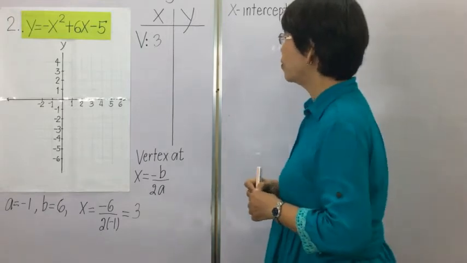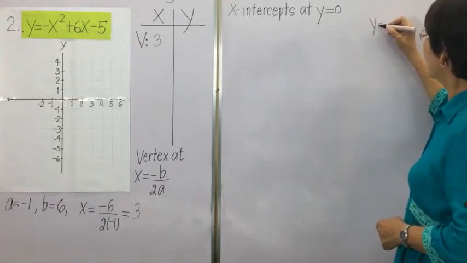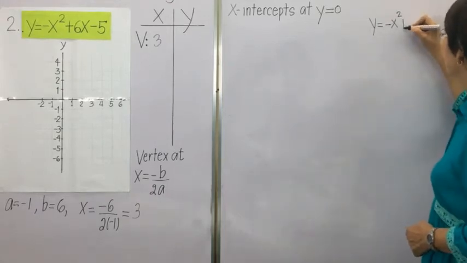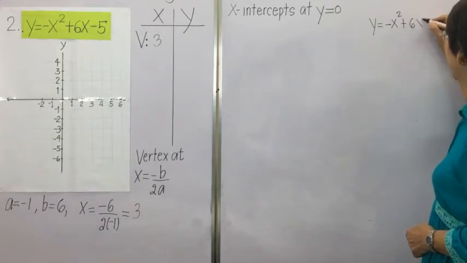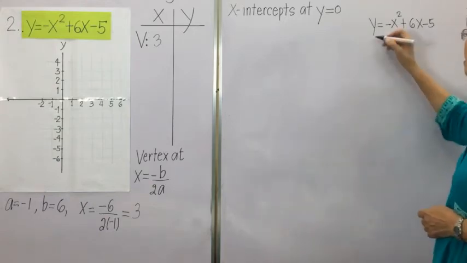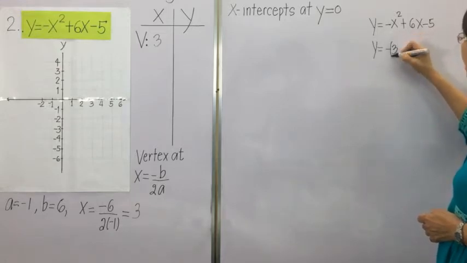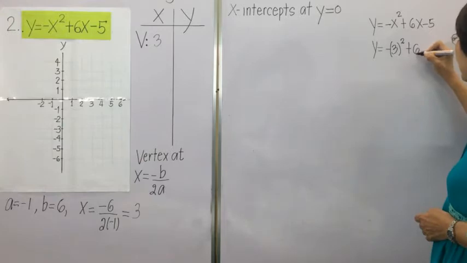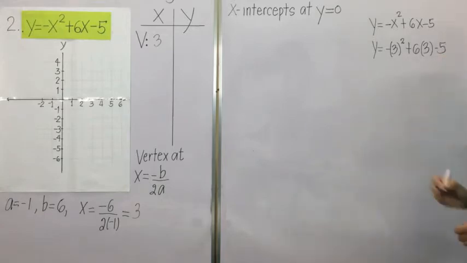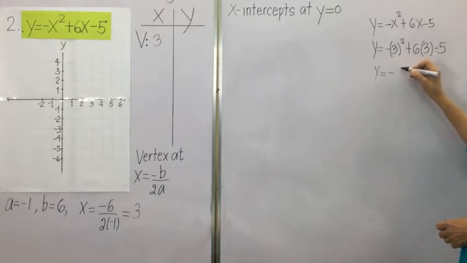So this is our x value for the vertex, and then we solve for y. So solving for y, we have y is equal to negative x squared plus 6x minus 5. So we substitute the value 3. So y is equal to negative 3 quantity squared plus 6 times 3 minus 5. And y is equal to negative 9